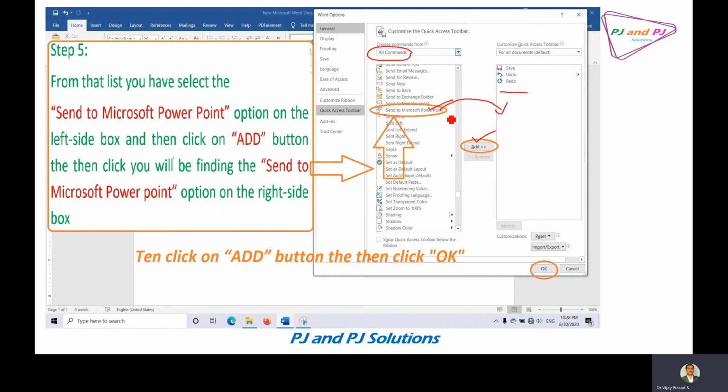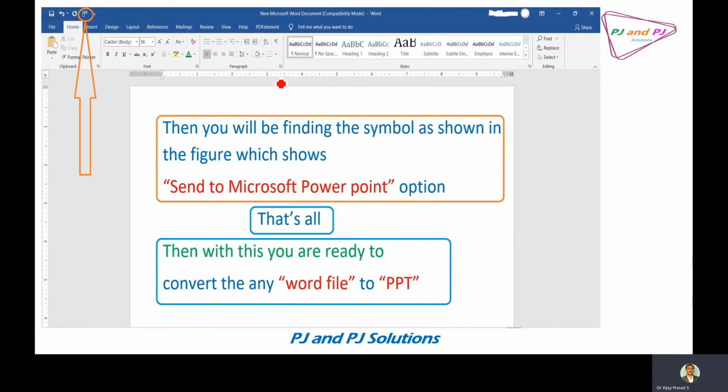Once this command has reached this box, go directly to the OK button and click on it. When you click on the OK button, you are able to see this kind of symbol.